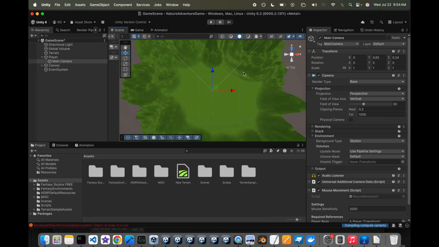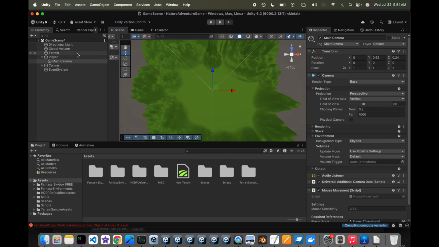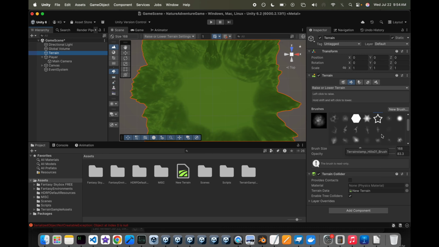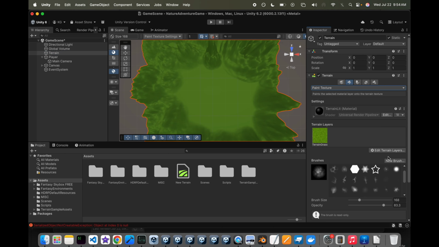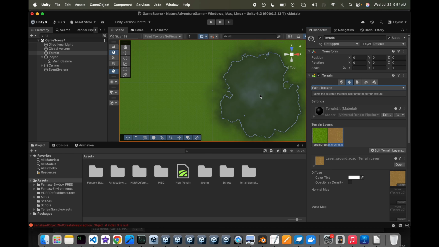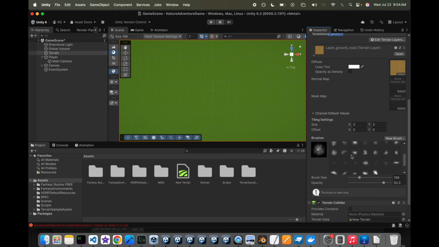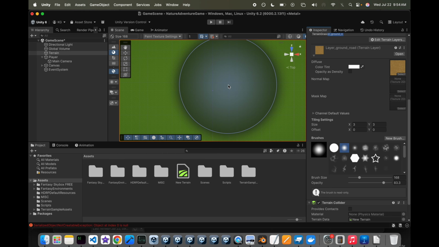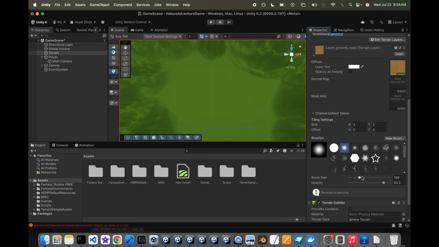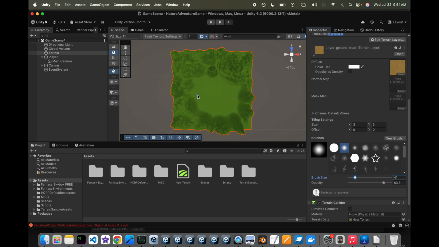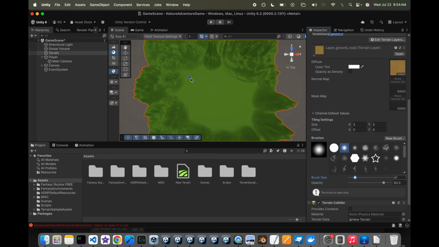But before we do that, I want to add a path. So to add the path, you're going to go to terrain and you're going to click back onto paint texture. Since this is already painted the entire thing, if you add layer now, like this, it won't paint. I'll just keep it. So we're going to change the paint thing to a brush like this, and the size way smaller. And there you go. So I'm going to make like my players start here,